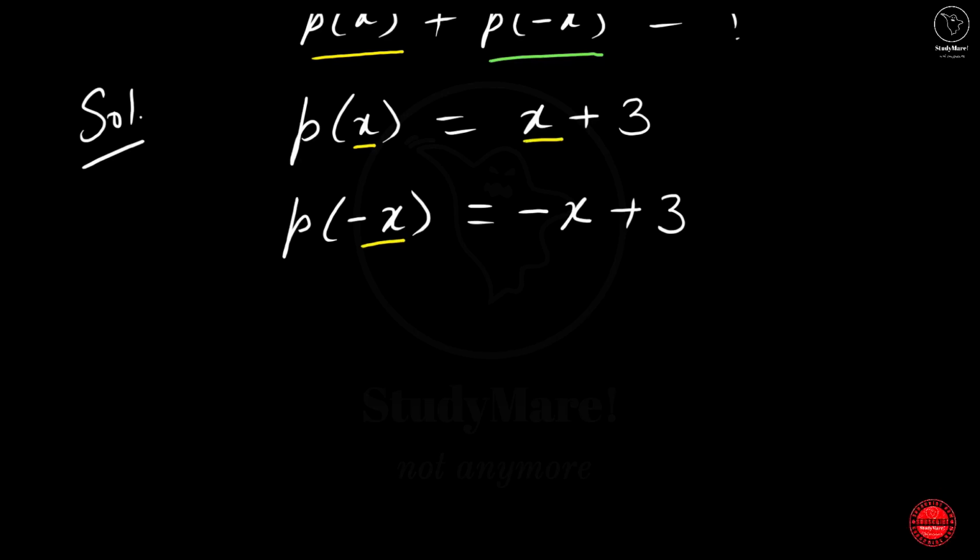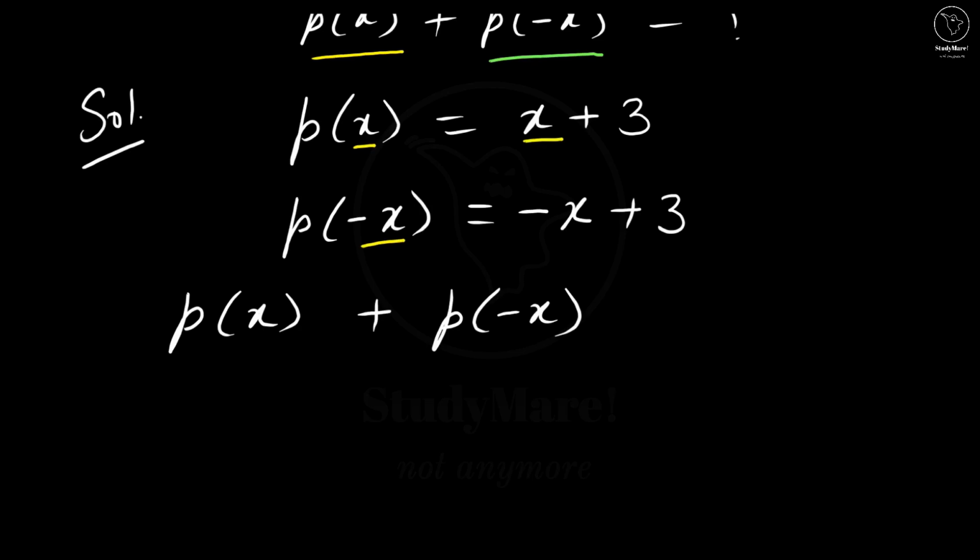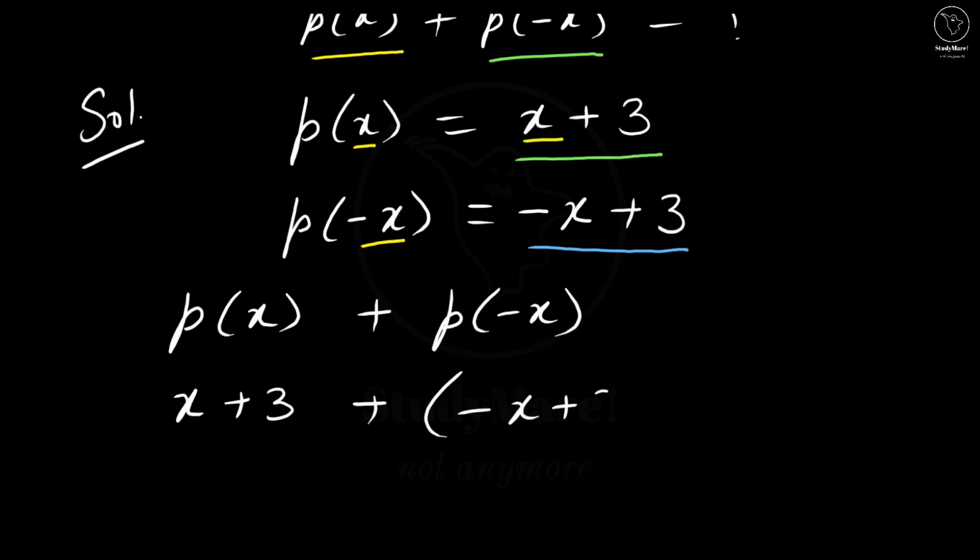Now proceeding further, we have to find the value of p(x) plus p(minus x). We can write the value of p(x), which is x plus 3, thus getting x plus 3, plus we have p(minus x) as minus x plus 3. So let's write here (minus x plus 3). We have put a bracket just to be on the safer side, as we are replacing the value here, so we have just substituted the value as it is. This is equal to,